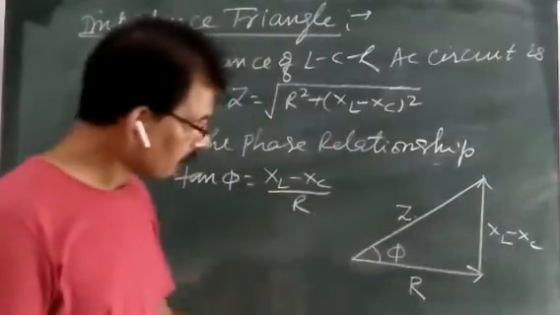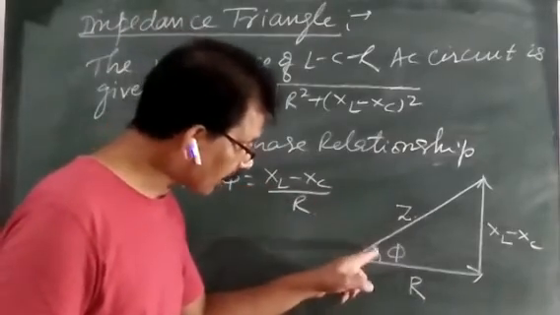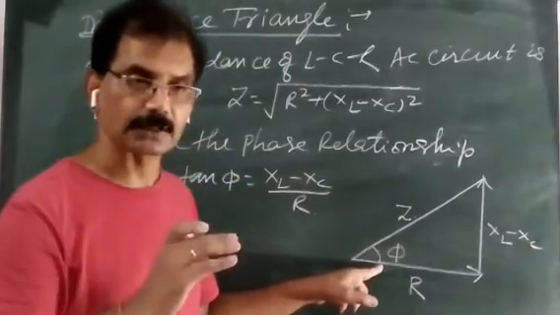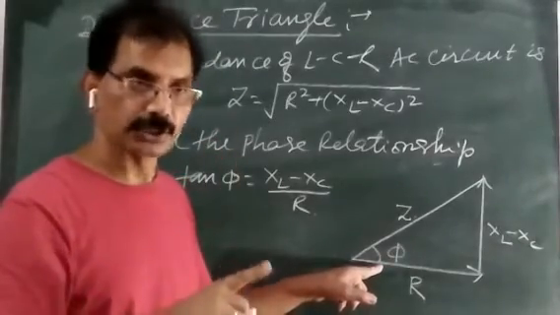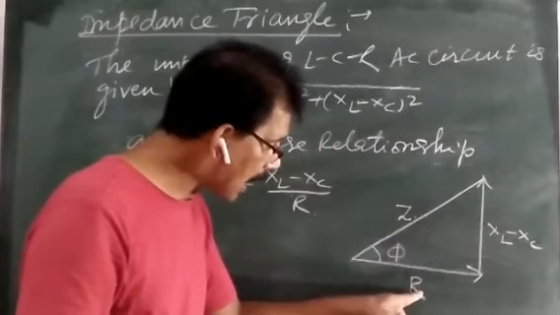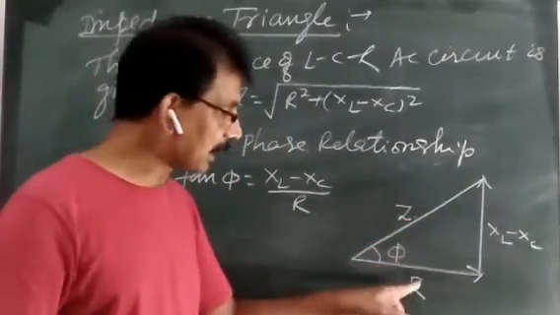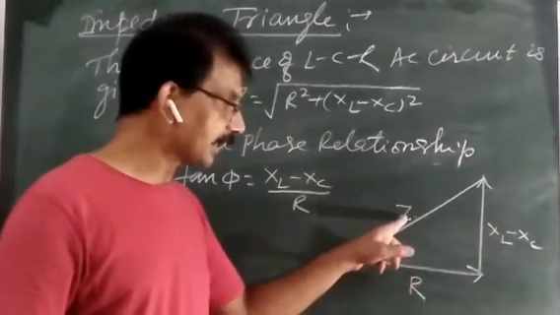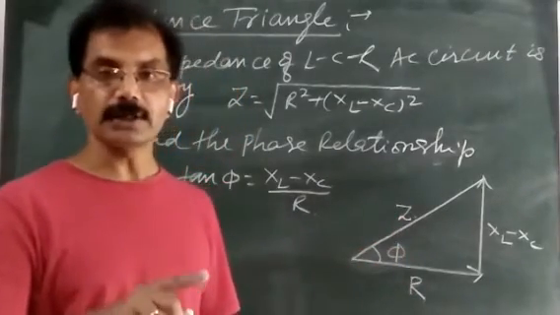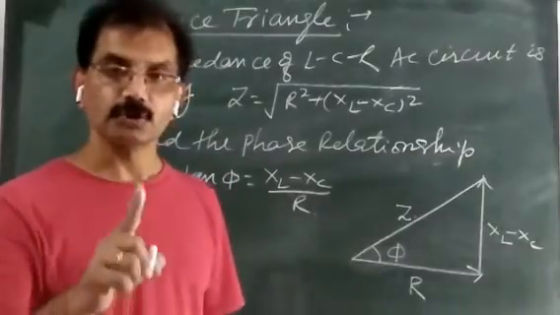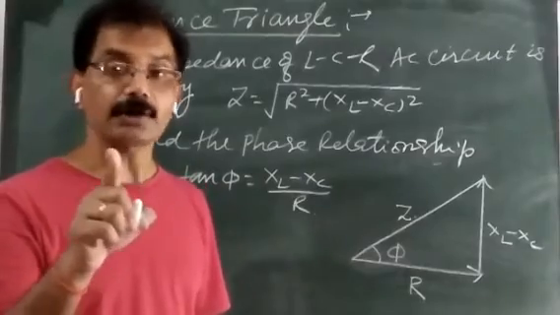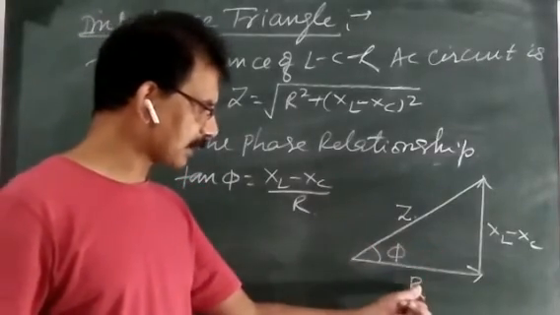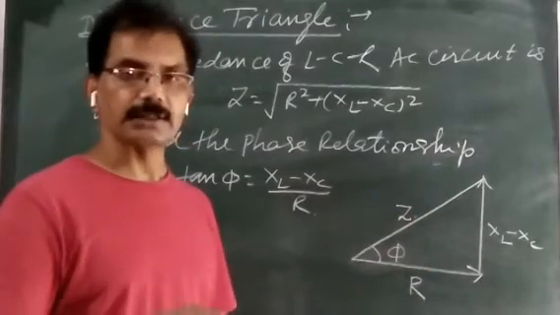And one more term I want to tell you, from this formula tan phi you can calculate cos phi, क्योंकि in next topic I will discuss the power factor, एक टर्म आएगा पावर फैक्टर और उस पावर फैक्टर को डिनोट करते हैं cos phi से, तो इसलिए मैं बता देना चाहता हूं cos phi is equal to from here R by Z, जहां पे R रेजिस्टेंस है और Z उस सर्किट का इंपेडेंस। So cos phi is equal to R by Z, and suppose if you want to find out the power factor for LR circuit, तो पावर फैक्टर मतलब cos phi, and not only phi, cos phi, all this term cos phi is called power factor। So power factor we can find cos phi is equal to R by Z।